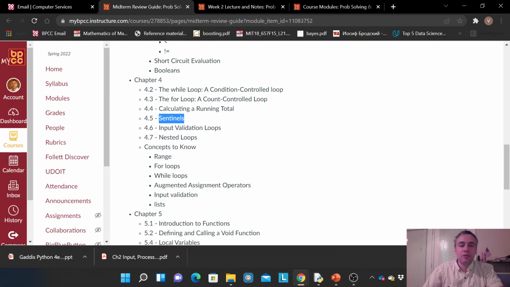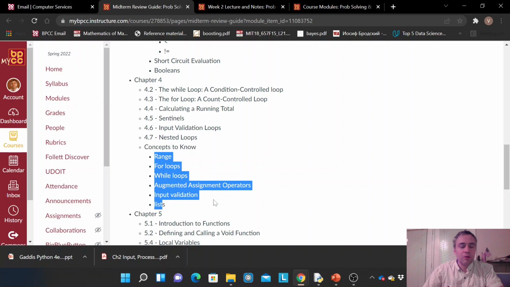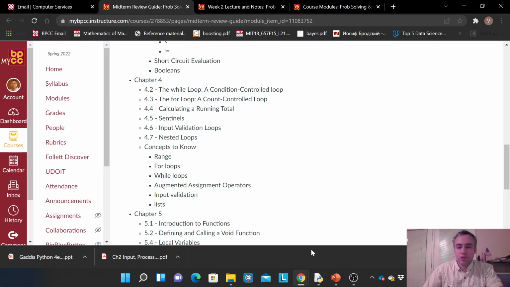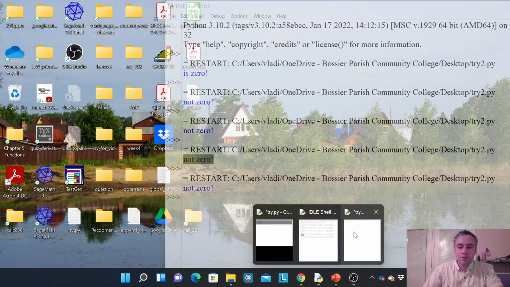Talk about sentinels. For while loop, we need sentinels are for while loops, input validation loops are also while loops, and we will see a little bit of nested loops. So this is the things that you need to know, and I will try to mention each of them. So first,